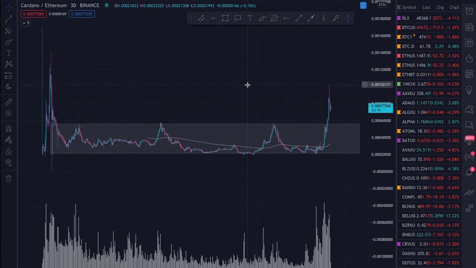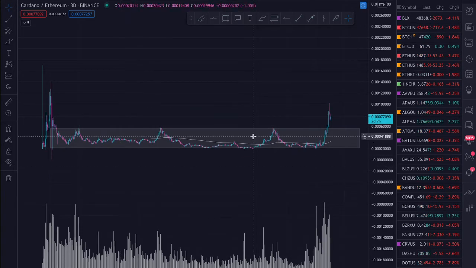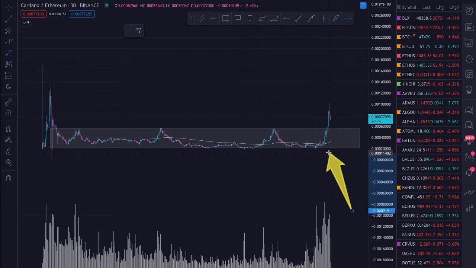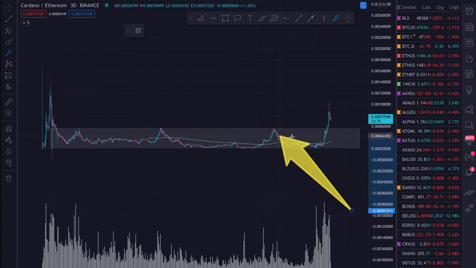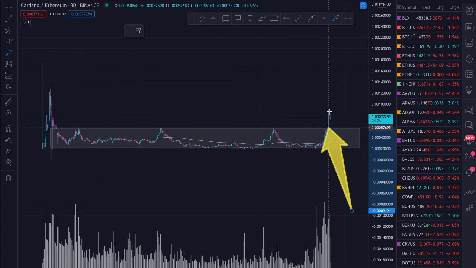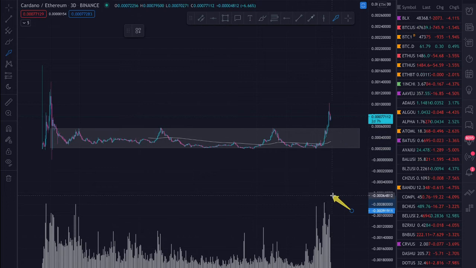So because of the notion that Cardano is poised to kill Ethereum, quote unquote, you can actually measure the performance against both of those assets using this pairing. Right now it's very clear that Cardano is outperforming Ethereum. It has broken out of this range-bound condition here, and it is beginning to outperform Ethereum.